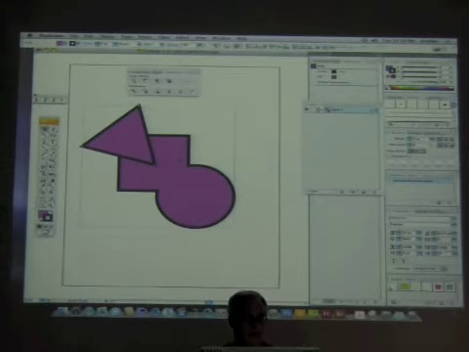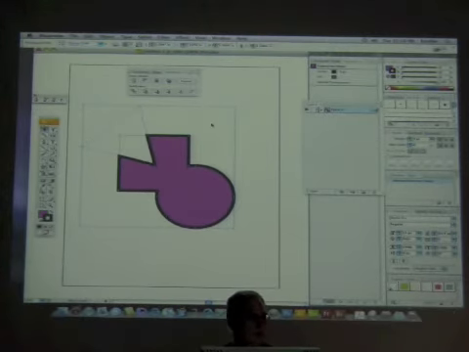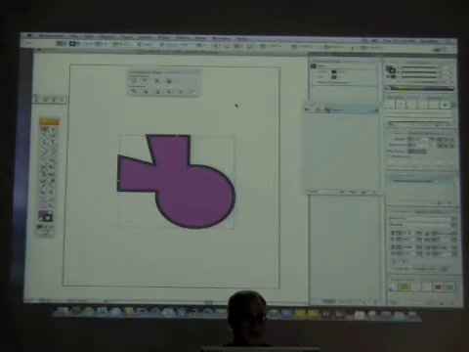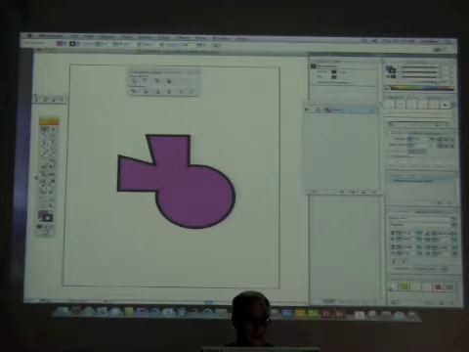Select this one and this one, and whatever shape is in the foreground will be cut from the one in the background. So we use this one, subtract from shape area, and it cuts it away. Okay. And once again, this is a compound path, and as soon as I click Expand, it makes it permanent. Now, what if I want to subtract? Here's another idea that, for example, if I had a rectangle behind this,